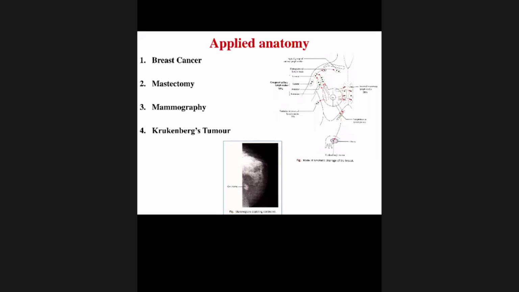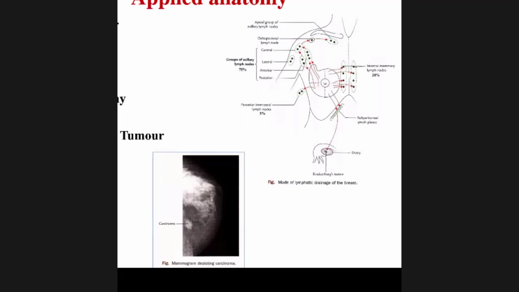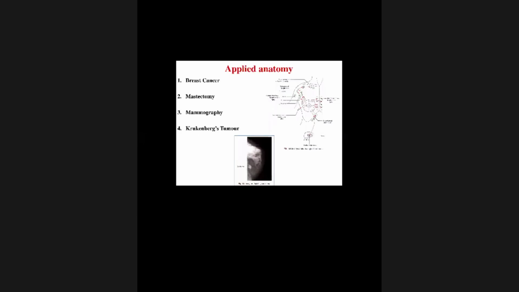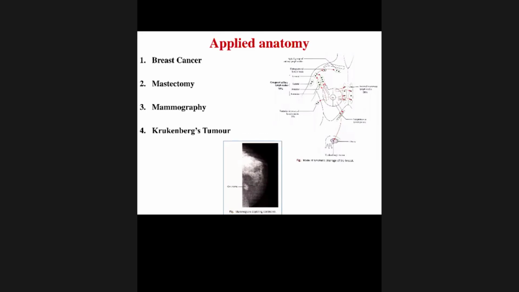And there is a Krukenberg tumor. So Krukenberg tumor, I told you, it is a tumor of the ovary because of the tumor of mammary gland. And this is possible because of the lymph drainage. So lymph तल पनि आउँछ. Abdomen तिर पनि आउँछ lymphatic drainage. Lymph vessels are. And this is because of the metastasis, spread of cancerous tissue from the mammary gland to the ovary also. That is called Krukenberg tumor.